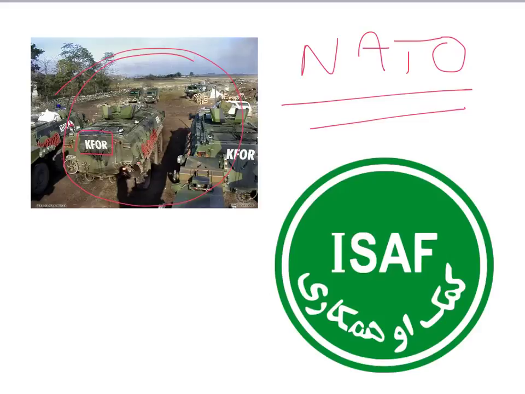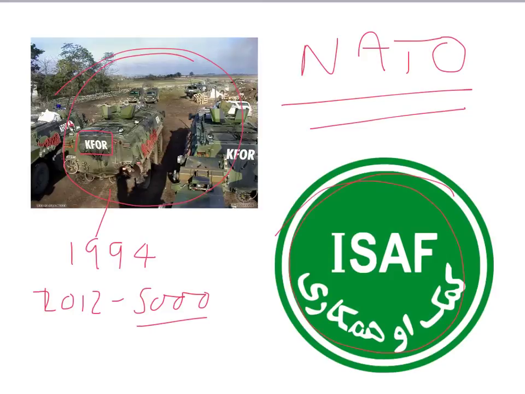did have, and is still actually running today, a number of mandates. So they were to help reconstruction, to help civilian policing, to prevent conflict between the Muslim Albanians and Orthodox Serbs. That has been running since 1994, and as of December 2012, there are still over 5,000 troops operating under the NATO mandate in Kosovo. And of course, the most famous NATO deployment in a peacekeeping role, believe it or not,